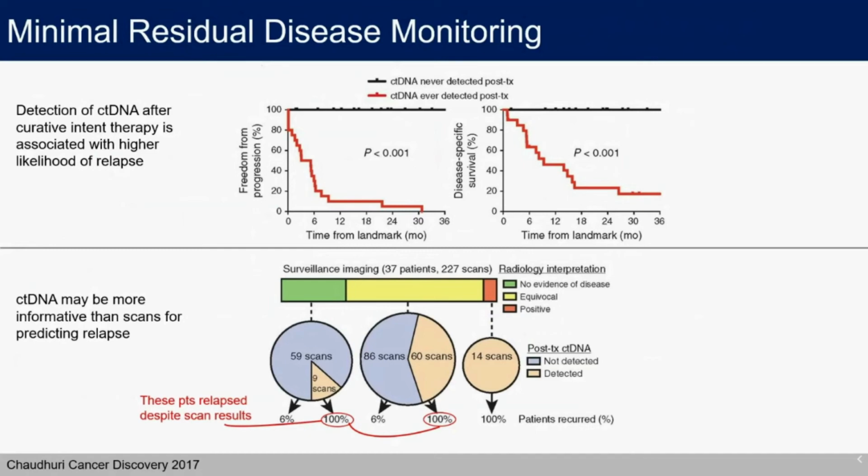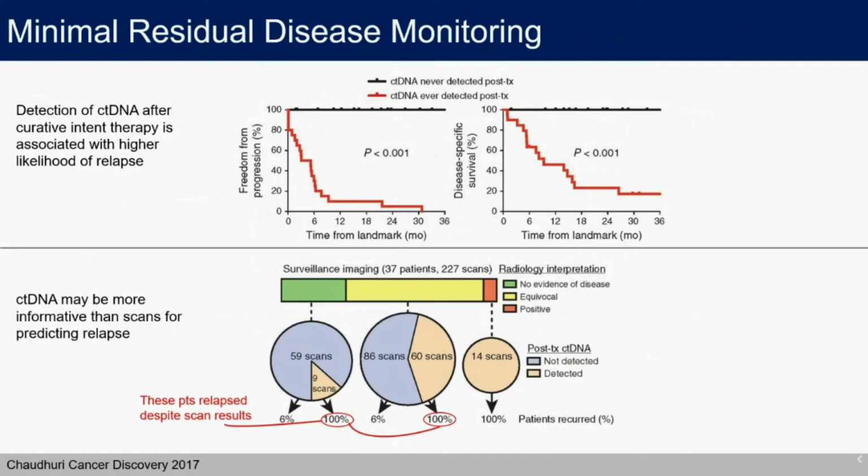And so in this study, they took patients and compared scan findings to circulating tumor DNA findings and assessed whether or not patients relapse. If we look at the bar at the top, the green is patients who had no evidence of disease in scans. Yellow is scans where they didn't give a clear yes or no in terms of whether or not someone's cancer had come back. And so these are situations where you would continue to watch someone probably and you wouldn't